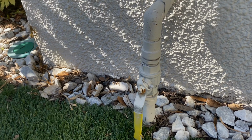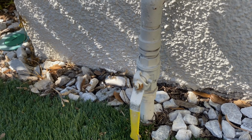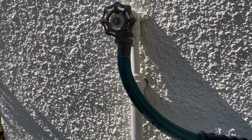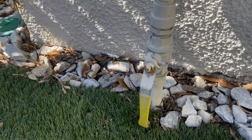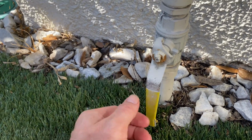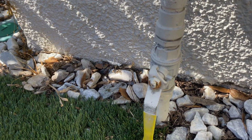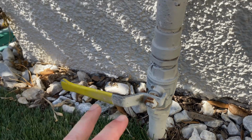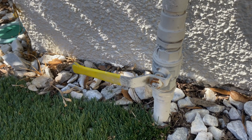All right, so if you want to shut the water off to your house, there's typically two main ways that you want to do it. One is find the pipes either in your garage or outside of your home that are coming from the house running into the ground. You'll find a lever that looks like this. When it's parallel to the water line, that means that it is on and flowing. When you turn it a quarter turn either direction, when it's perpendicular, this means that the water is off and